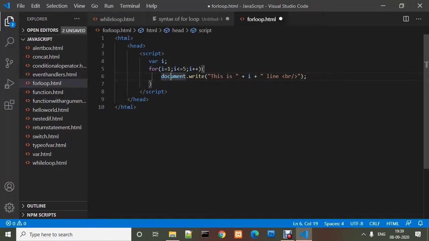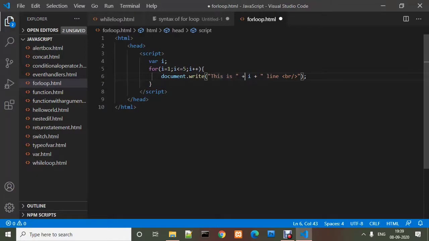So at first it will say document.write, this is the value of I, that is 1 line, and in the next line it will print, but before that it will check whether the value of I is less than or equals to 5. So first it will increment the value, so now the value of I is 2, and it will check. Now the condition is true, so document.write will be executed.